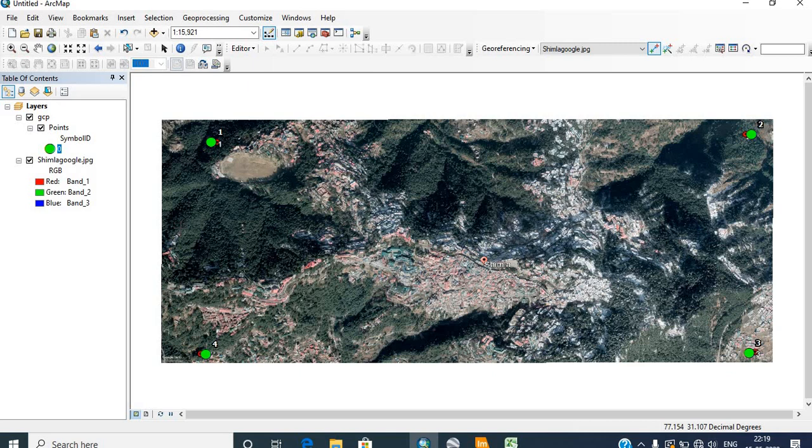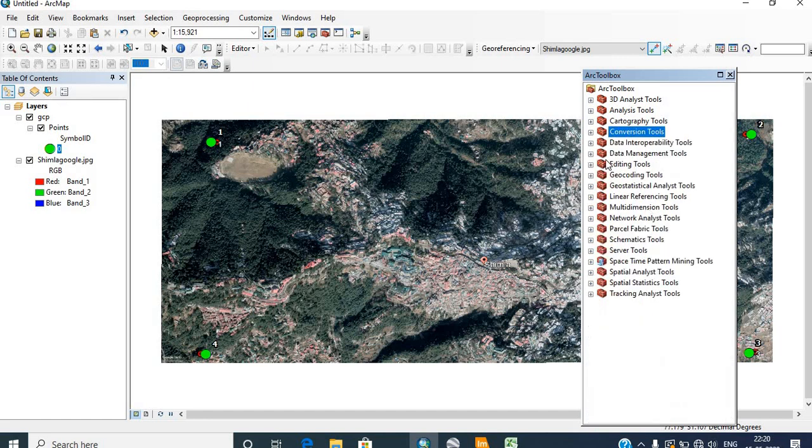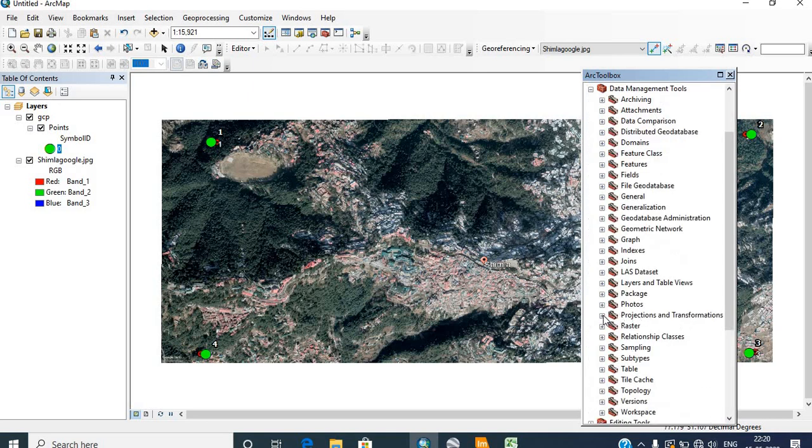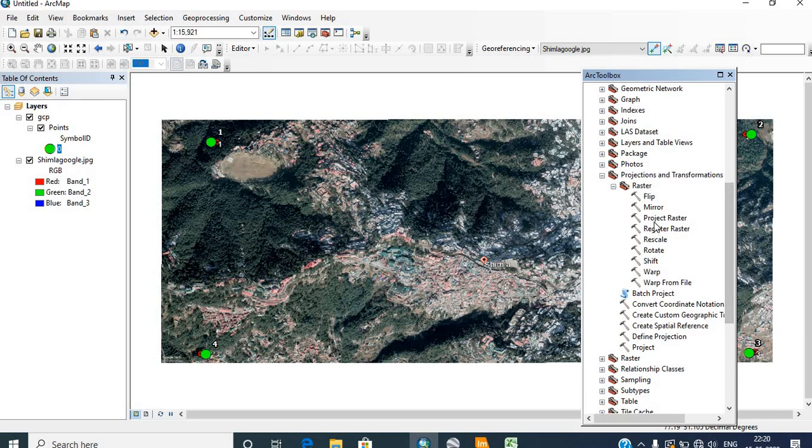So in order to convert the geographic coordinates to the projected coordinate system, click on the Arc Toolbox and go to this Data Management Tools, and then expand this Projections and Transformations and click on this Raster and click on Project Raster.